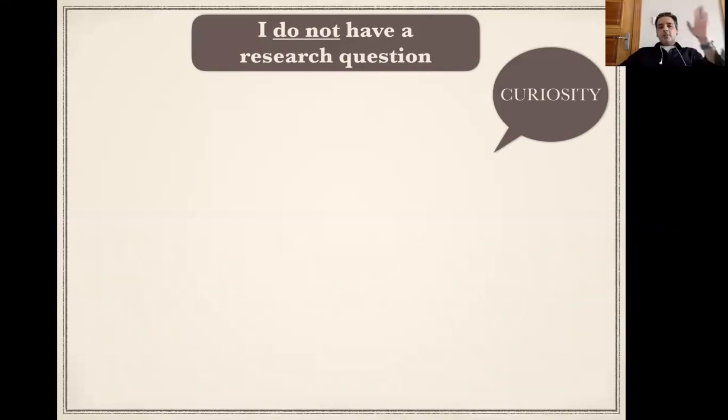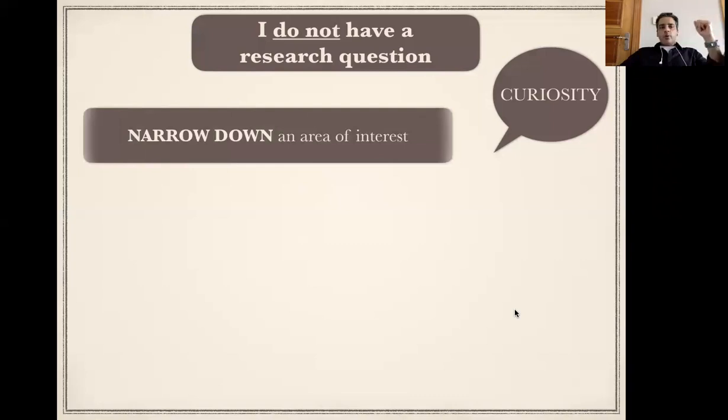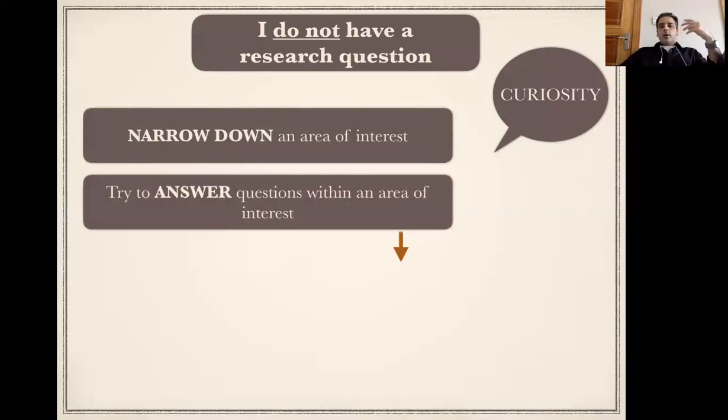It's not about science, it's your daily life, your daily routines, whatever you do every day. Start spending time in curiosity. Think differently. This is the essence of finding a research question. So if you do not have a research question, narrow it down, as we just spoke a couple of slides before. So try to answer how, what, when, all those questions once you have narrowed your area of interest.